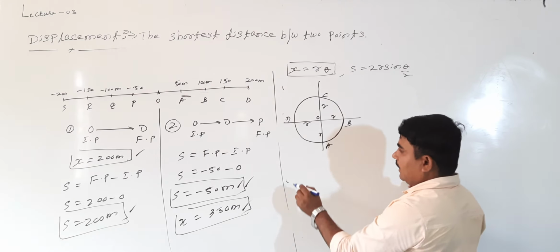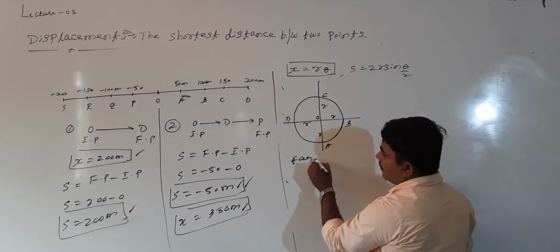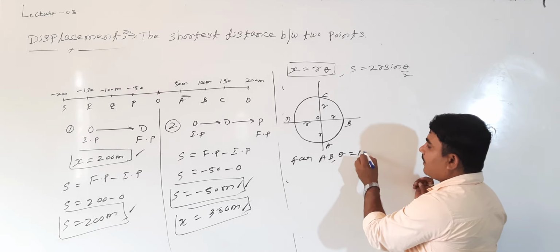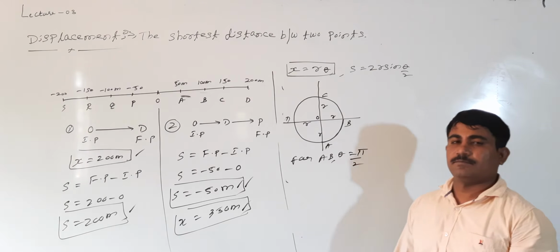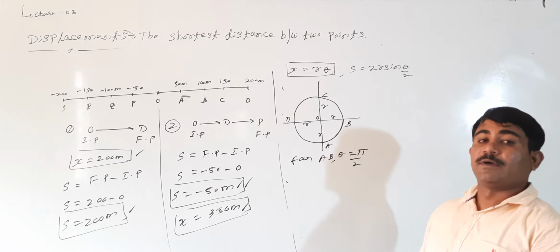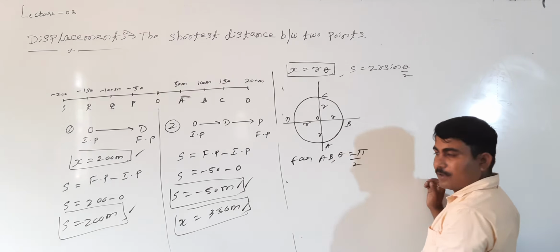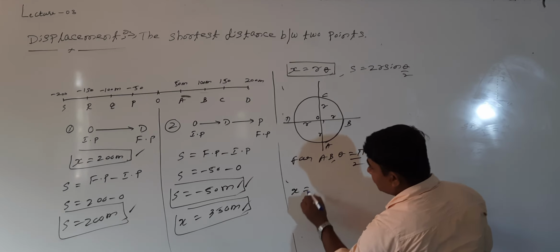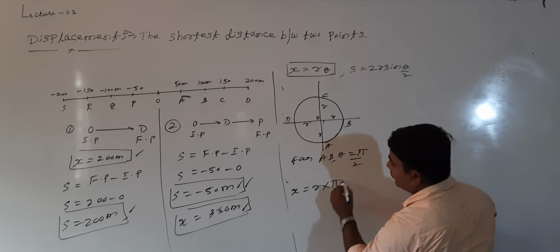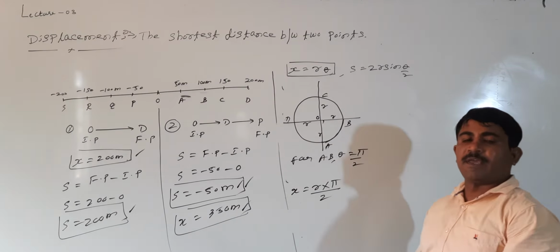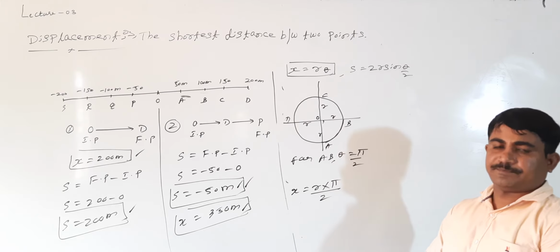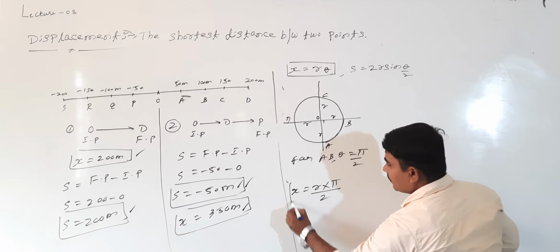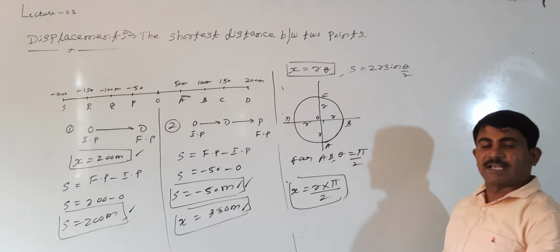For a quarter circle, what is the angle for AB? Theta equal to pi by 2 in radian, or 90 degree we can call. Right? This is the total angle 90 from A to B. What is the distance here in this case? R times pi by 2, for 90 degree. Alright. See here, how much distance? Pi R by 2. We got this in the last class.